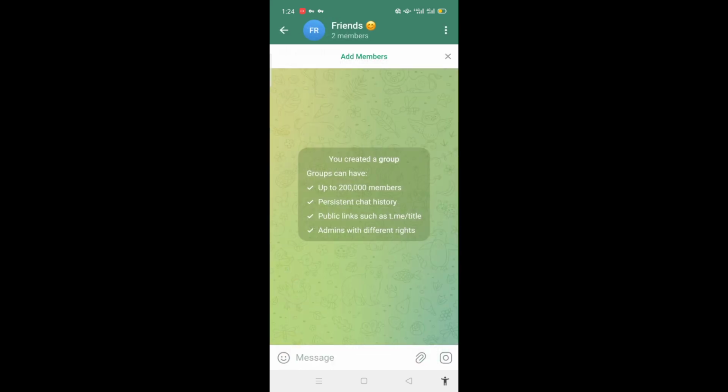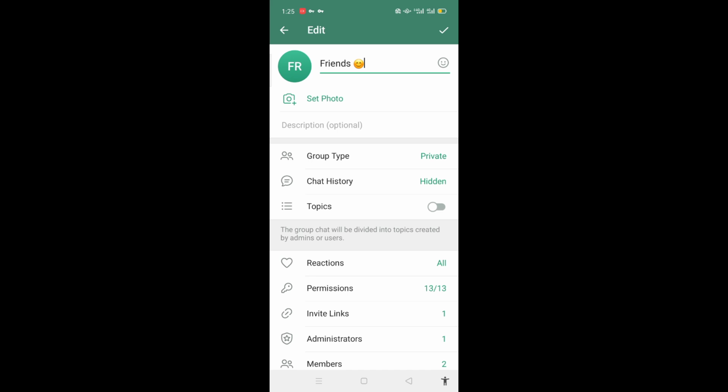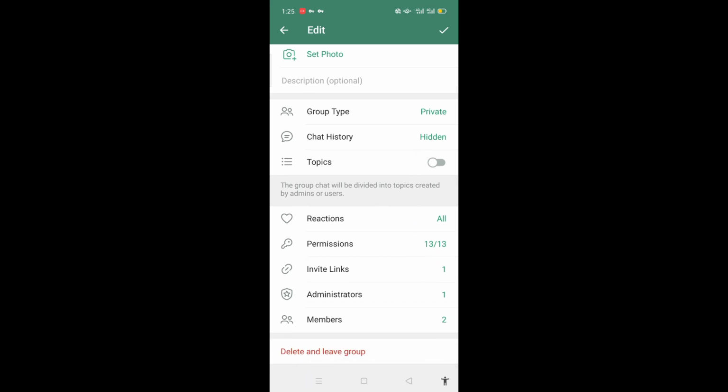So now I will just share the link of my group to someone. So what to do? You will just click on this friends username, and here you can see in the top corner is the edit button. You will have to click it, and you will just scroll down to find invite links,